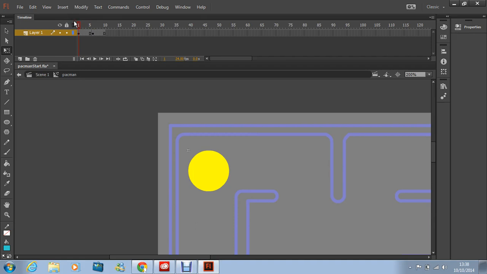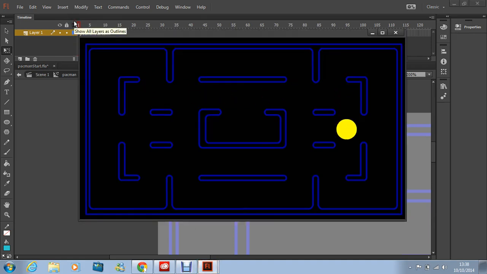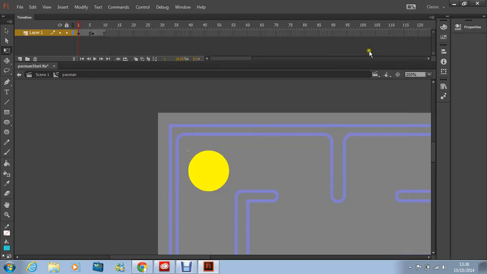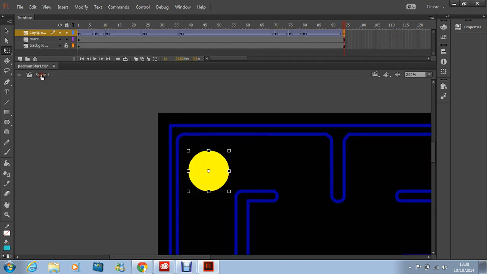And then I'll test the movie, Control Enter again, and there he goes. And it's dead simple to do that. So I think I told some of you in class that the analogy is really that you've got a car moving along and its wheels are turning, and our Pac-Man opening and closing its mouth is basically the same as having the wheels turn. Okay, so now we're going to go back to scene 1, and we're going to look